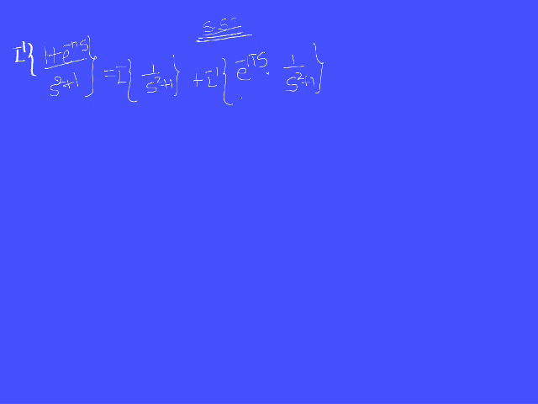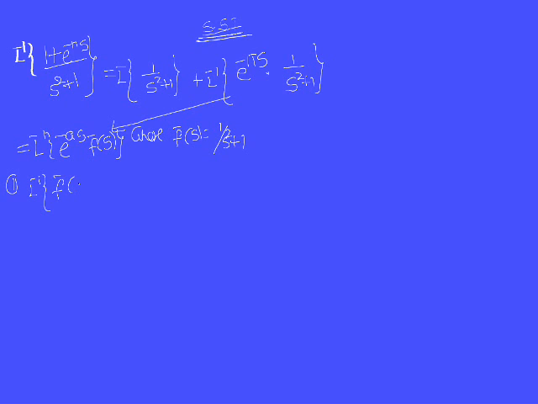So this is nothing but in the form of L inverse of e power minus a s into f bar of s, where f bar of s is equal to 1 by s square plus 1. So L inverse of f bar of s is equal to L inverse of 1 by s square plus 1, which is equal to sin t. So f of t is sin t.